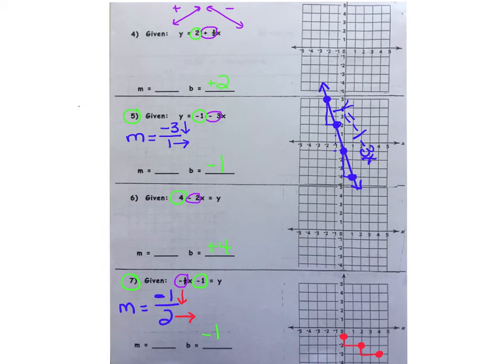Place your pencil point back on your original spot here at negative 1 on the y-intercept. And reverse. Go over 2, up 1, make a dot, over 2, up 1. Each of those points represent a solution to that equation. Grab your ruler, draw a nice sweeping line through those points. Place arrowheads on each end of that line. And lastly, label your line